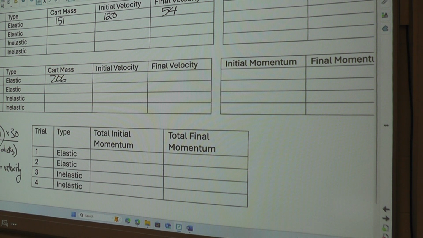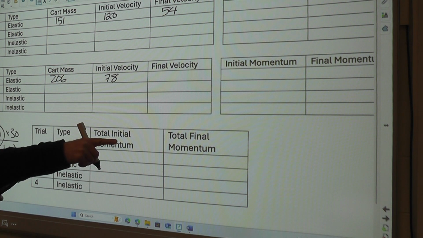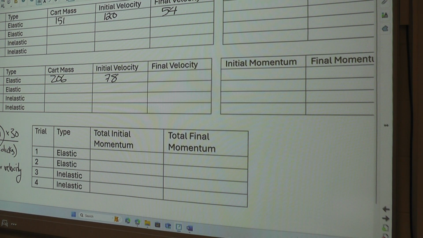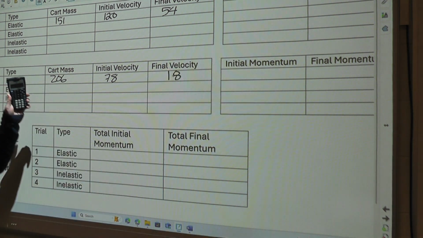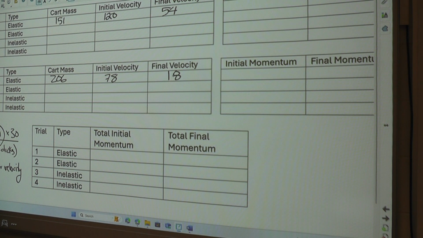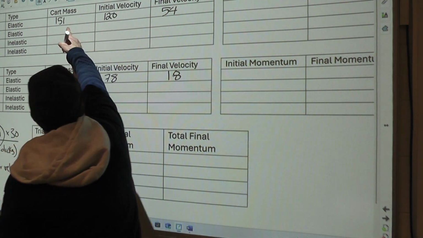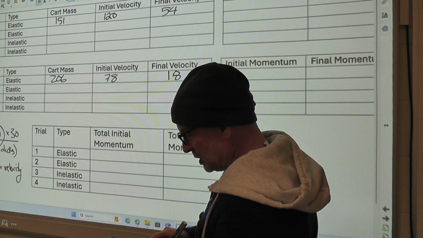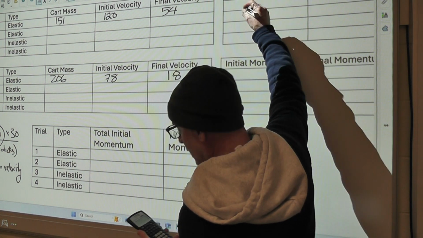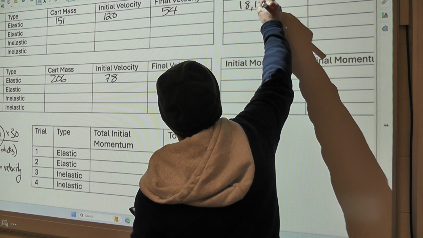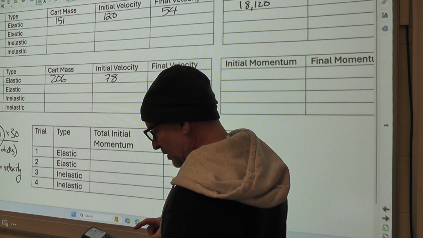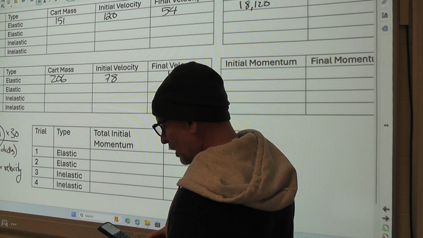And the initial velocity for Sam's cart would have been, it went 13 centimeters times 30 divided by 5, so that's 78 centimeters per second. And the final velocity was going pretty slow, 3 centimeters times 30 divided by 5 gets me 18. Okay? So these are my masses and velocities for this collision for both carts. And then I can find the momentum for each of my carts too. Momentum is just mass times velocity. So I know the mass is 151. 151 times 120. Trey's cart had an initial momentum of about 18,120. And it had a final velocity, 151 times 54, of about